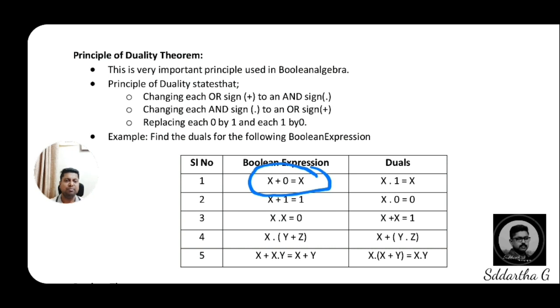If you are observing x plus 0 is equal to x, in the Boolean expression you are identifying a logical operation, that is plus. Plus means the OR sign. Now you have to change the OR sign with the AND sign. OR sign with AND sign means the plus sign is converted into a dot sign, and check the result statement's dual form. See, x and operation plus is converted into